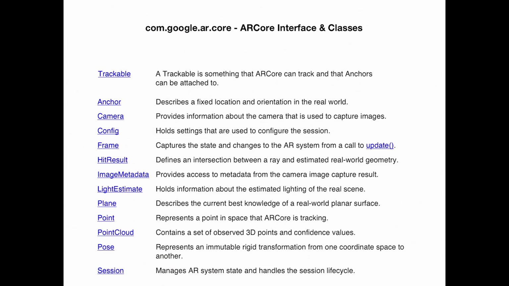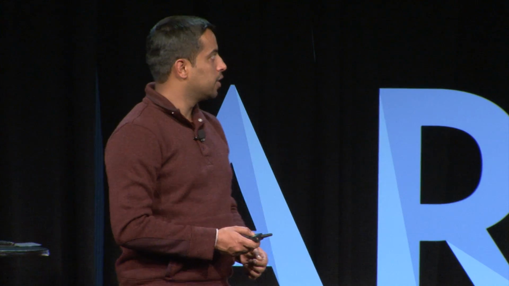So there is the com.google.arcore package, which is basically all that you need to know and all the features. So anchor, the camera access, because you're tracking everything using the camera, the configuration, the frame, the hit result, all of these classes, and of course they have their own methods and fields that you need to use. There's documentation, but really you need to dig into the code and understand, because the documentation is a bit lacking. So people are writing blog posts about it.